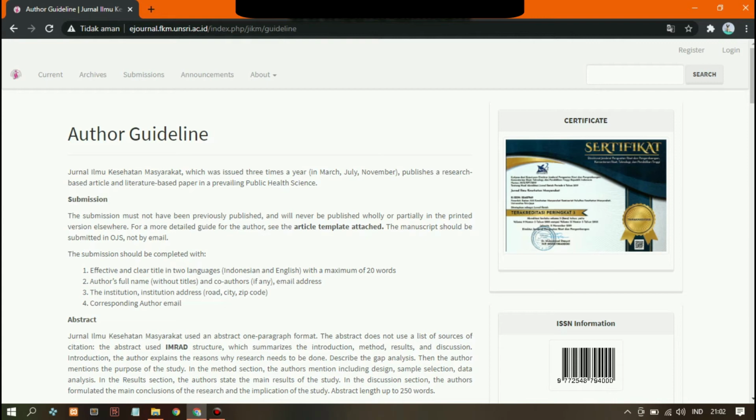The submission should be completed with, first, an effective and clear title in 2 languages, Indonesian and English, with a maximum of 20 words. The second one, author's full name without titles, and co-authors if any, email address. The next one is the institution address, road, city, zip code. And the last but not least is corresponding author email.